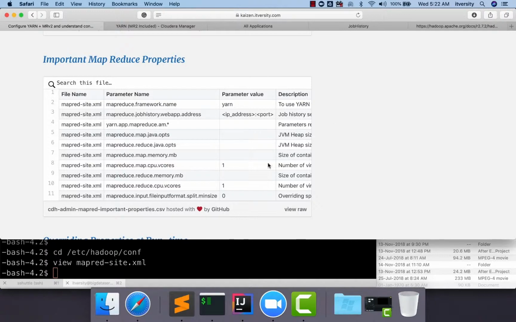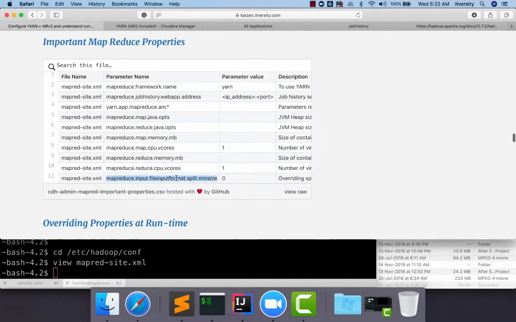That being said, now let us also talk about this property called Mapreduce input fileinputformat split minsize. By default, the number of map tasks is determined by the number of blocks of the underlying files. If there are 10 blocks, there will be 10 tasks. If there are 20 blocks, there will be 20 tasks. Let's take an example here. If you have a 2 GB data set to process, and the block size is 128 MB, there will be 16 blocks in the file system. As there are 16 blocks, by default it uses 16 map tasks to read the data